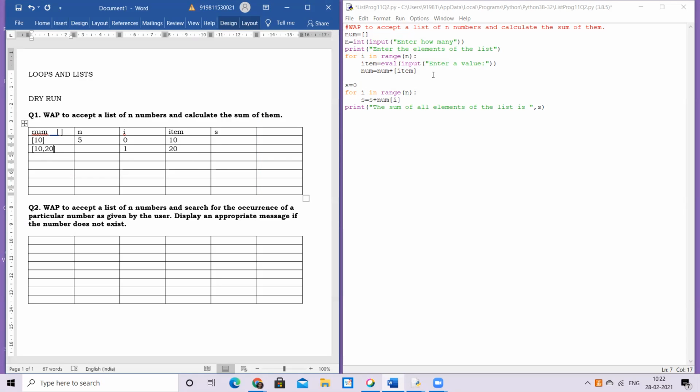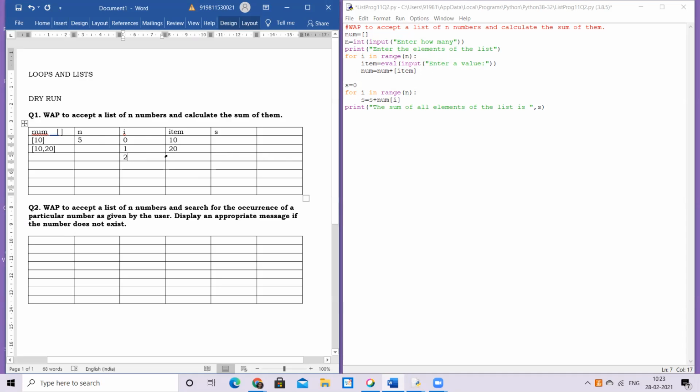Then comes the end of the loop again. I mean, the loop body is over here. So he goes up to check, is the condition true? If the condition is true, he'll continue. So for that, he takes the next value of I automatically because of the range function. That's the beauty of the range function. You don't have to do anything. He does it himself. He checks whether the value is less than my n or not. Yes, it is less than my n. That also range is doing by itself when I'm executing range in the loop.